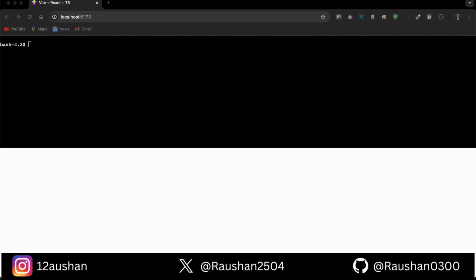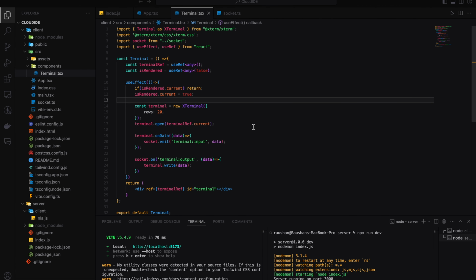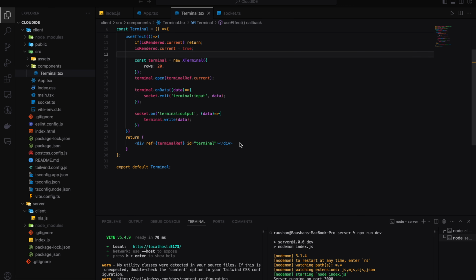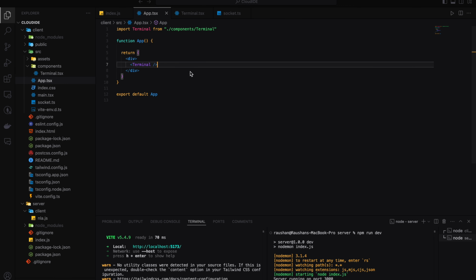So let's get started. For the file structure system, first of all we have to move that terminal down. So let's move that down in the app.tsx,